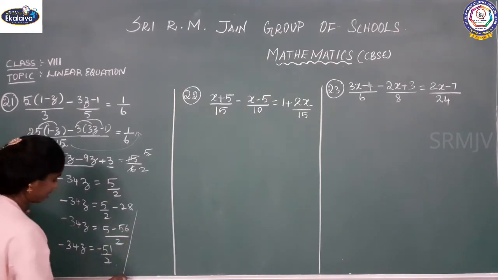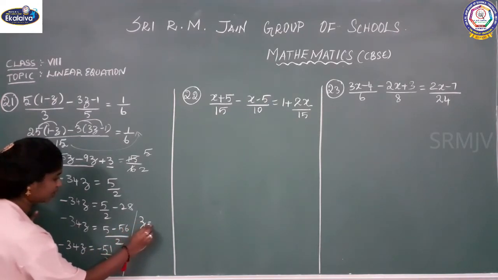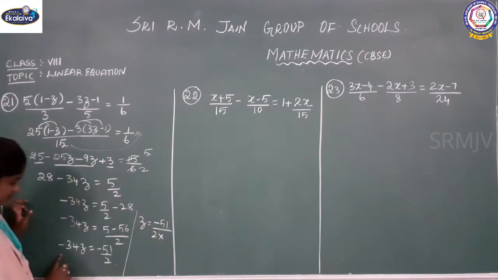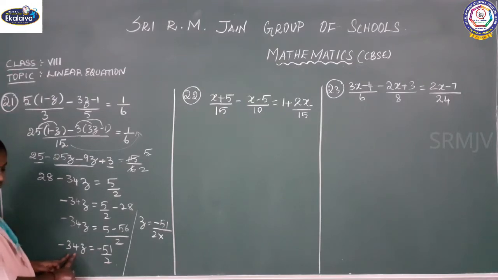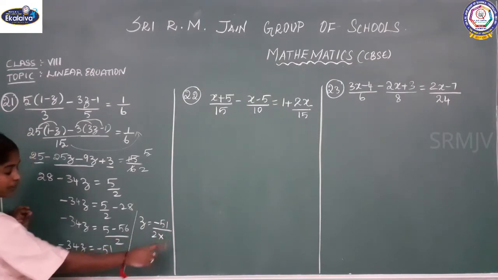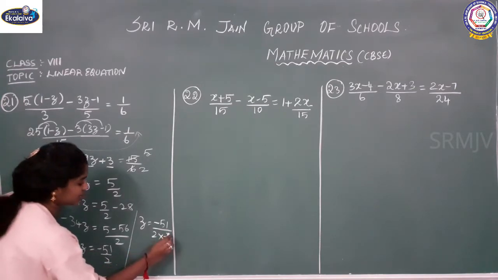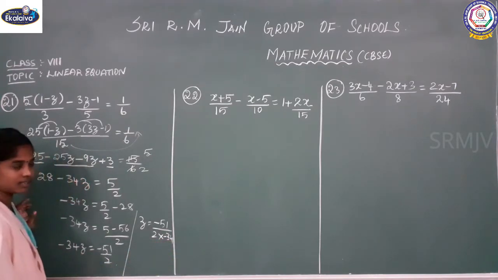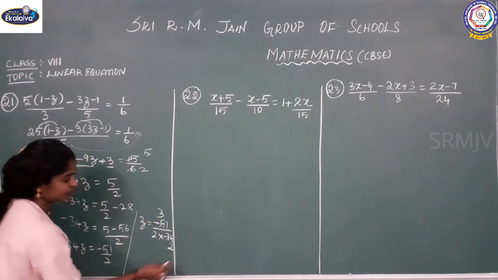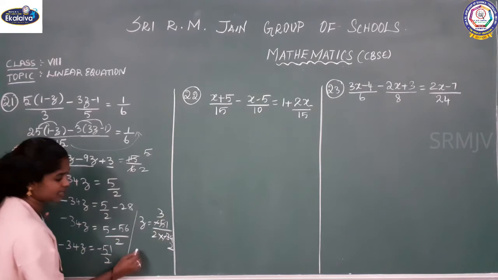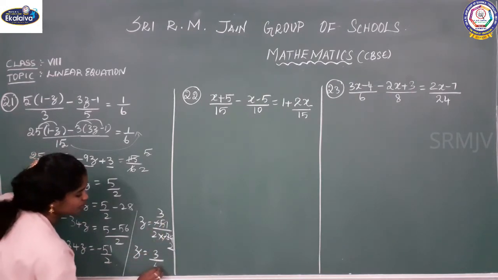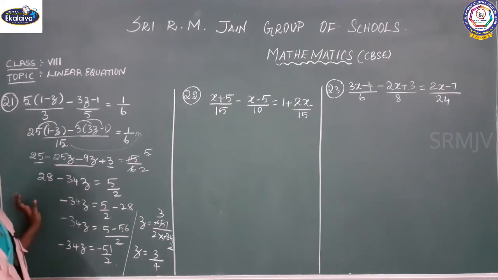Okay. So I can write this z is equal to minus 51 by 2 into 1 by minus 34, because minus 34 is in multiplication. When I bring this side, it will become division, right? So minus 34. Okay. 17 3s are 51. 17 2s are 34. And minus minus get cancelled. So I will get 3 by 2 into 2, 4. So the answer is 3 by 4. Okay.